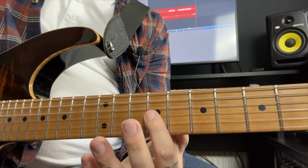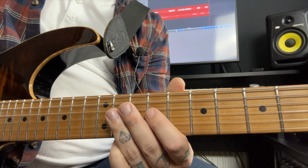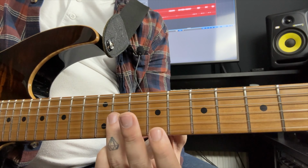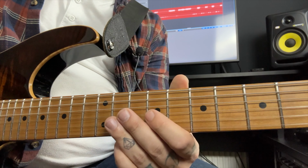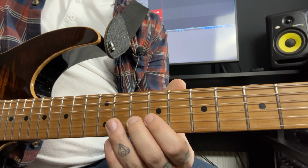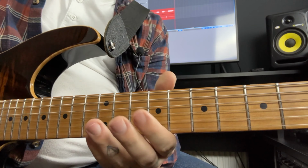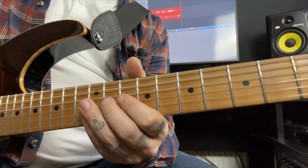Then we play the 9 of the G, then the 11 of the D, 9 of the G, 11 of the G, and then up to the B string we play 9, 10, 11. So in context, that lick becomes...